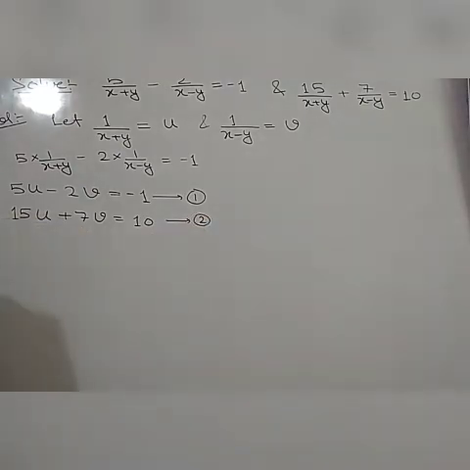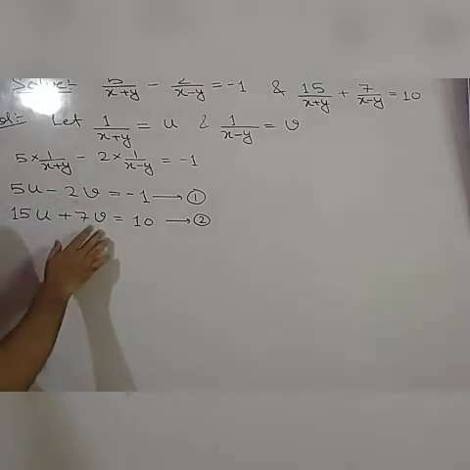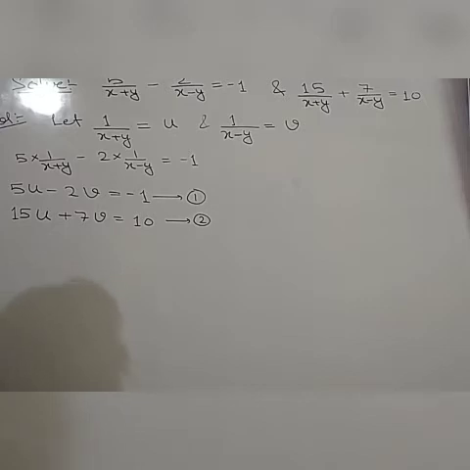Okay. Now again, these two equations are in the general form of a linear equation. It is ax plus by plus c is equal to 0 or ax plus by is equal to c. Both the equations are now in the general form. So what we will do here, we have to calculate the value of u and v first. For calculating u and v, we will equate the coefficients. We will mostly use this method of solving, the method of equating the coefficients.